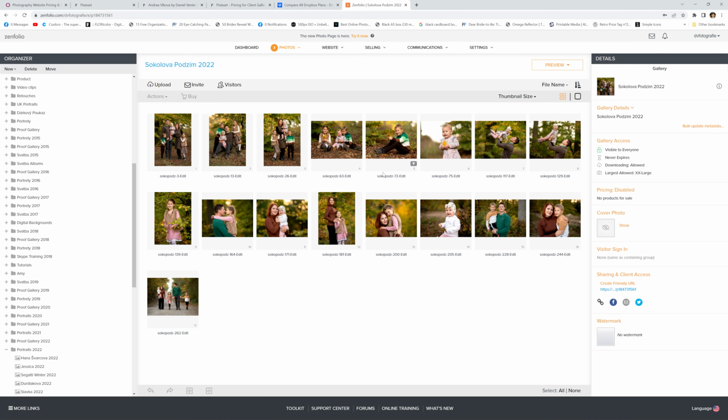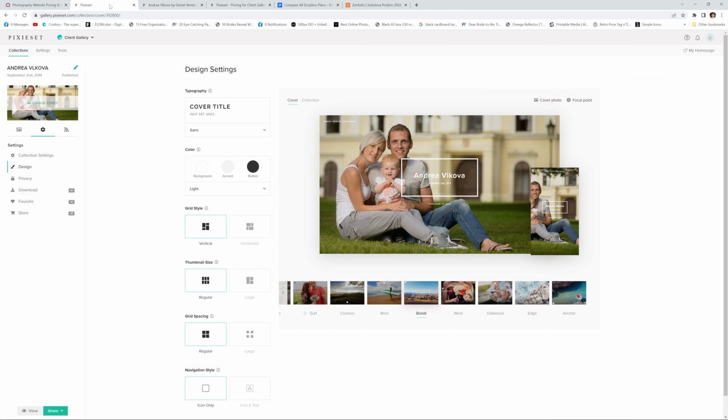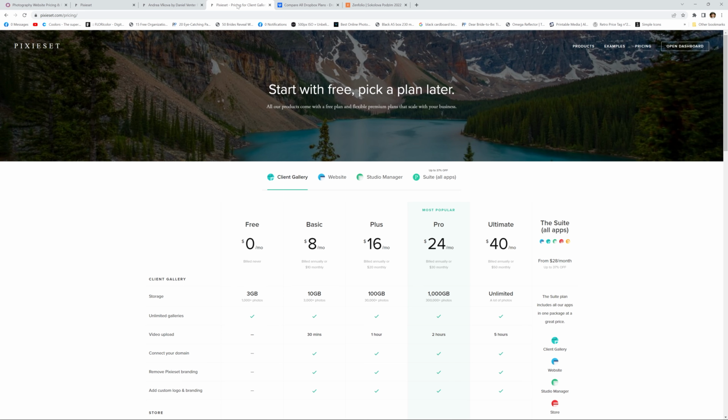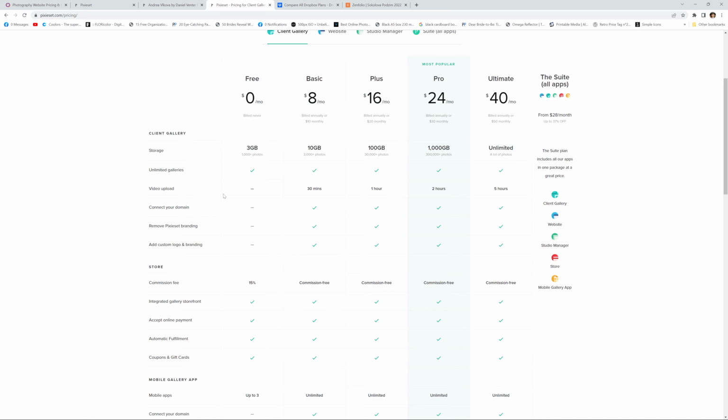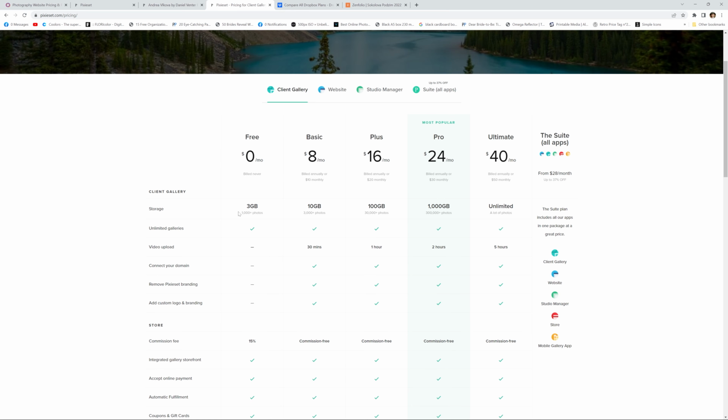Now, there are other options to Zenfolio. For example, Pixieset. Pixieset also offer a very efficient way of delivering these galleries with your clients. The bonus here, however, is that you've got a free version. All right. You've got up to 3 gigabytes you can store online. So let's say, for example, you're just getting started out right now and you don't have the capacity or you don't have the funds to pay X amount per month for Zenfolio. You can use Pixieset, for example, and use the free version, which is $0 a month, and you've got 3